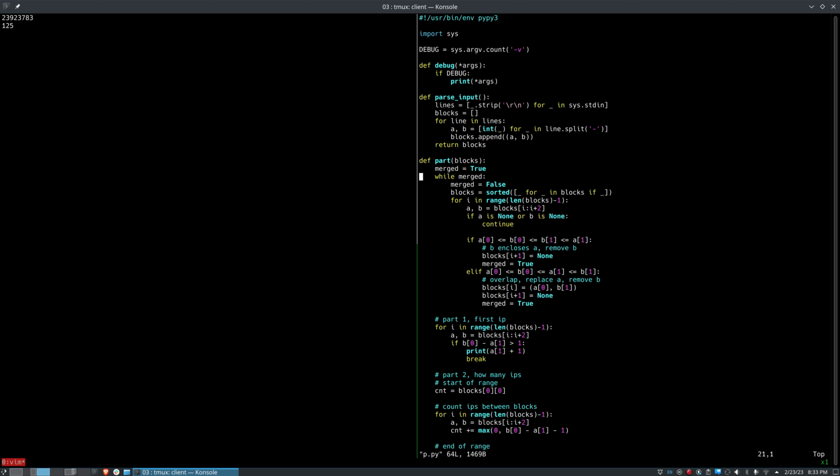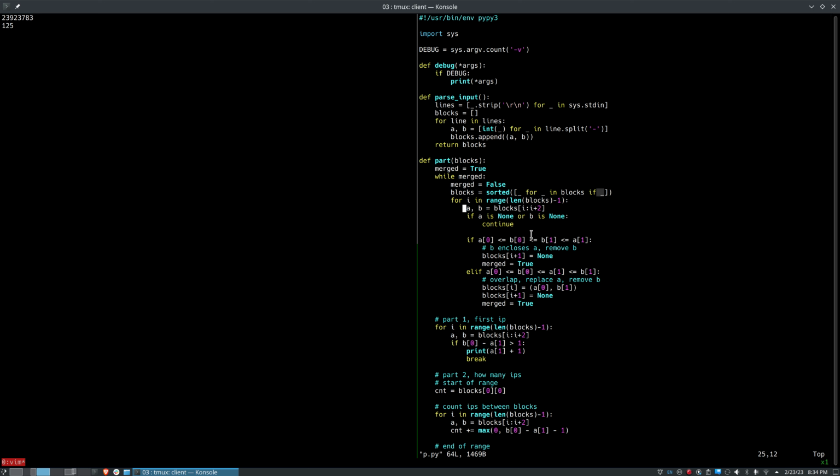So I just have a little function here. I say while we merge something, and then immediately set that to false. So if we don't merge anything in a subsequent loop, then this will exit. And then basically I walk through the list comparing. So I sort, and I remove any null things in the list if I've done a merge. I removed those and sorted the list. So now I have A and B, as I'm comparing adjacent things in the list,